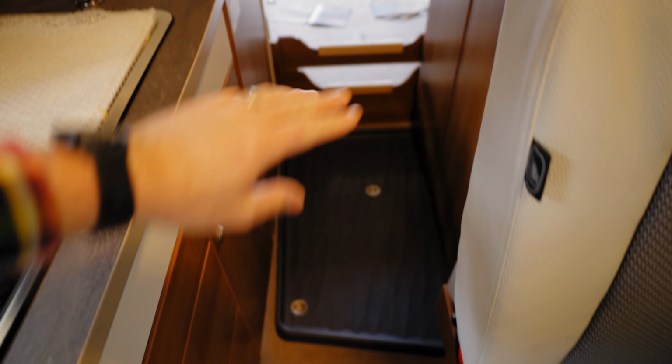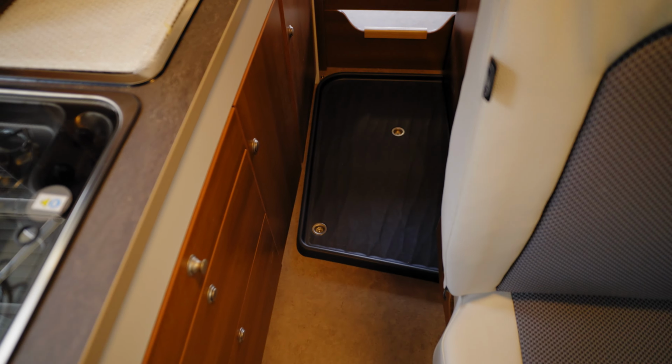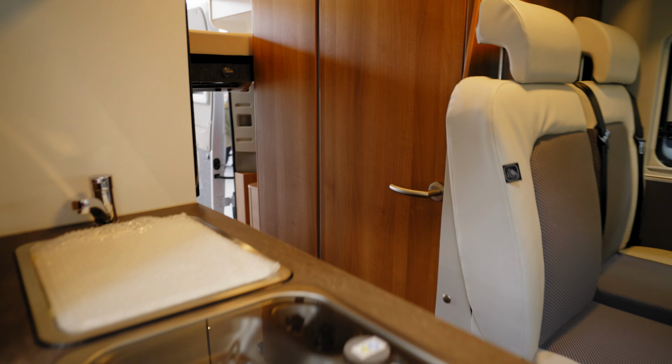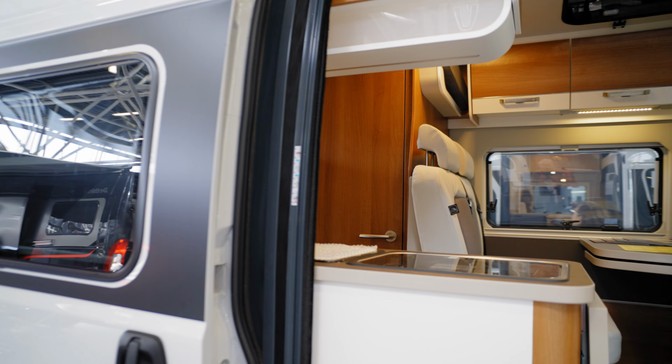with the actual slide out for the toilet and actually shower. So this complete area becomes a shower, so you can extend the actual shower room pretty widely. And then going off to this side,